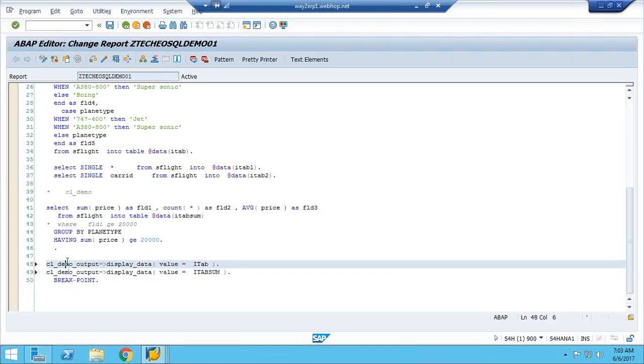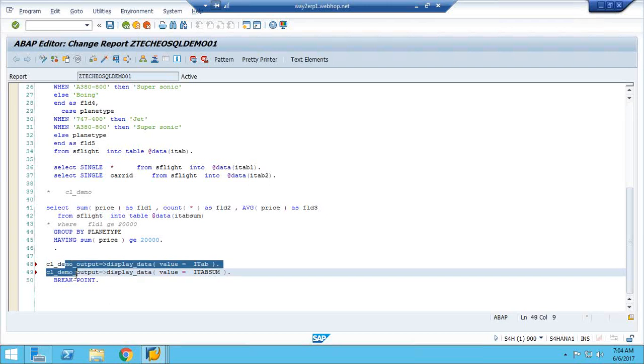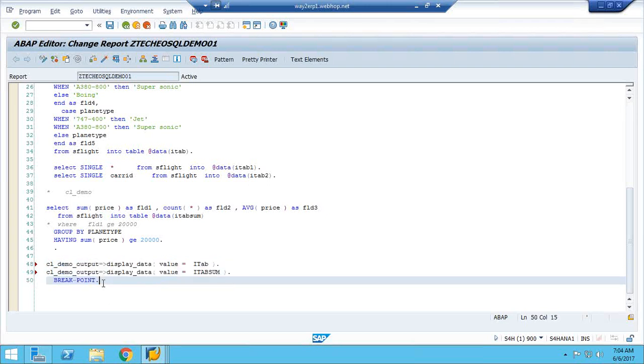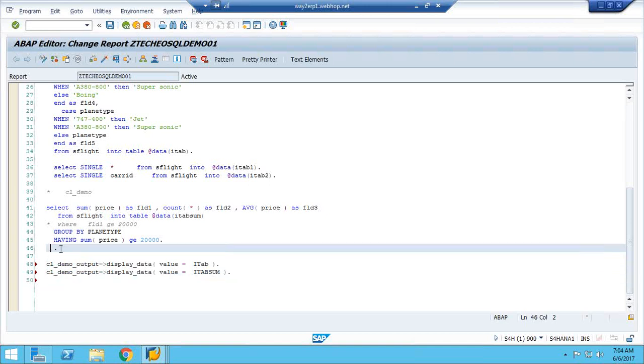While doing our programming, in most cases you have to go to the debugger if you want to see what data is captured in the internal table. Every time you need to check the debugger to see what values are coming. With this, without going to the debugger, we can just get an output.